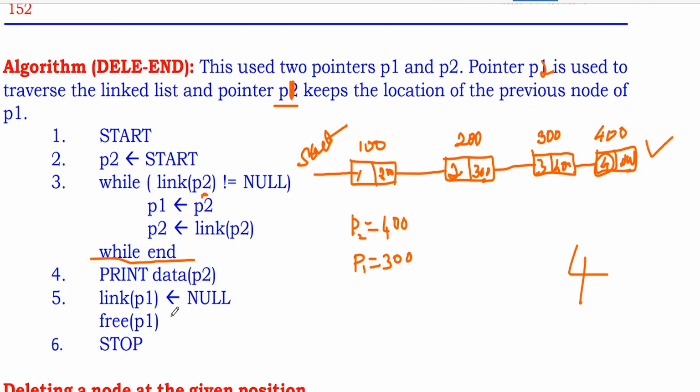So after this, what do we do? Link of P1 equals null, correct? No, this is pointing to this. Now after you have to delete, this line has to be broken. How do you break it? First, we replace this value with null. That's what I did. So P1 link field becomes null. I assign null, so automatically this has been broken, and this is freed, that is deleted. So automatically this will be deleted.